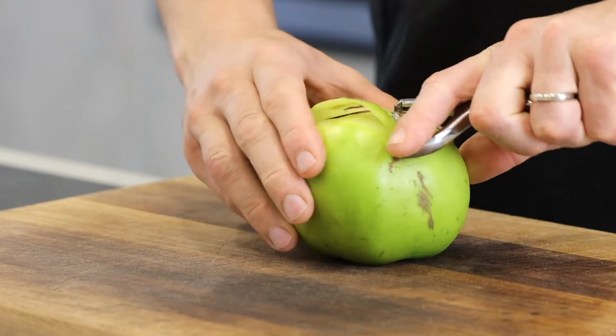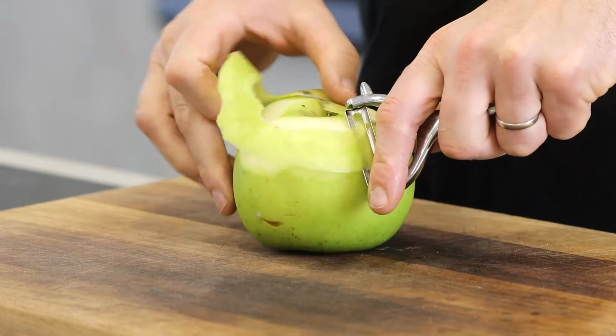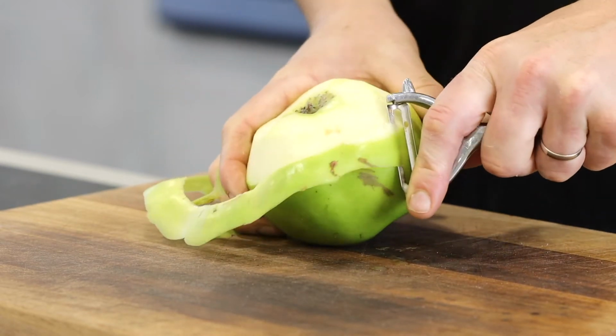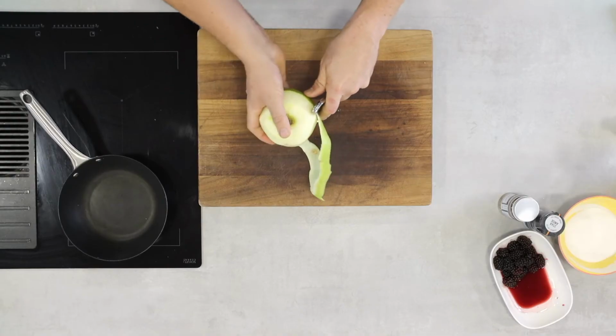I knew you were going to say that. Because I can't resist. And this peeler is just the best for it. It's the Y peeler from Masterclass. And it just is brilliant for this job. And if you're like me and you have to try and do it in one, which I do,